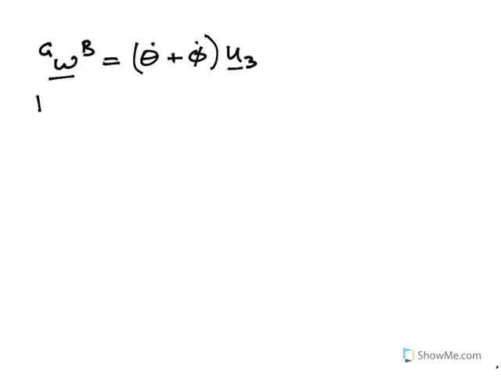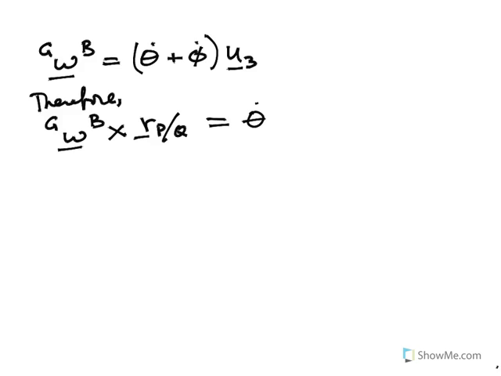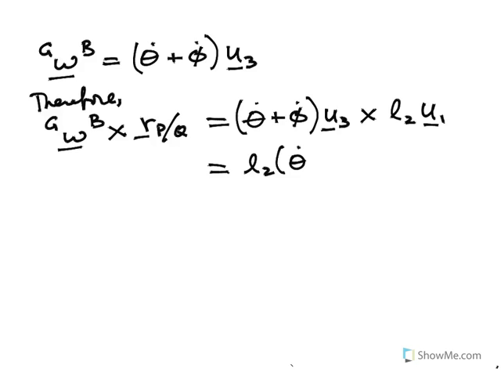So then, what do we get? Therefore, the velocity of P relative to Q in G is going to equal, well, before we write that, let's just write this cross product. The angular velocity of B in G crossed with the position of P relative to Q is then equal to (theta dot plus phi dot) times U3 crossed with L2 times U1, which is equal to L2 times (theta dot plus phi dot) times U2,